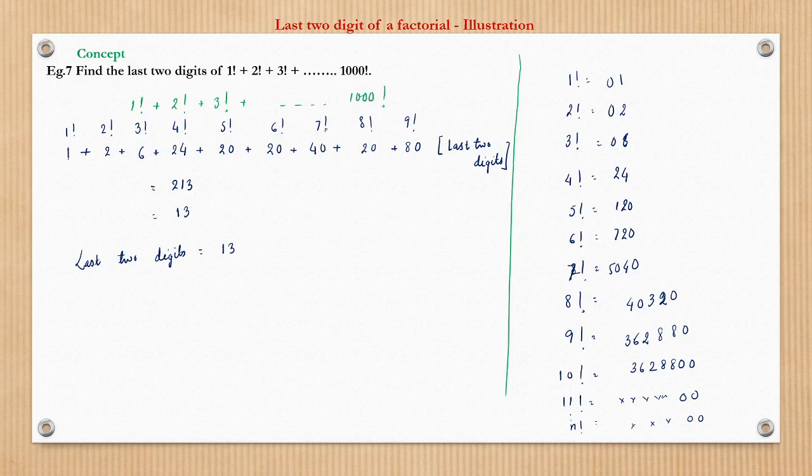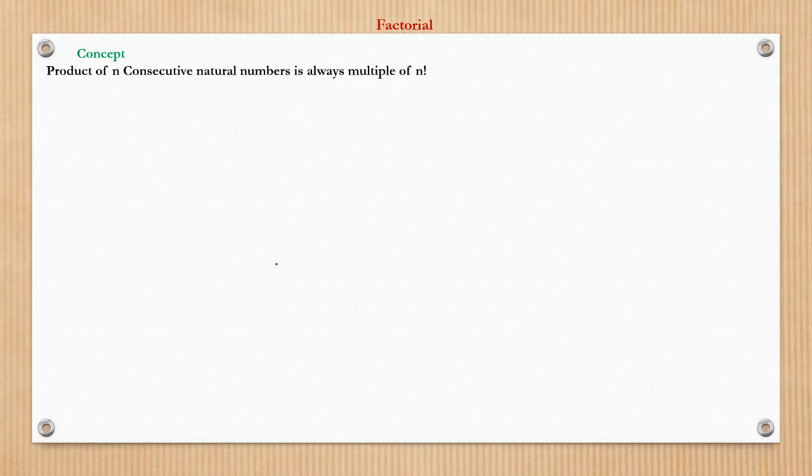Similarly for 7 factorial, we will multiply 7 with 20, which will give 140. From 140, 40 we will retain, 1 we will ignore. The same way for 9 factorial, which is nothing but 9 into 8 factorial. The last two digits of 8 factorial is 20, so 9 into 20 is 180. From 180, 80 we will retain, 1 we will ignore. Then add everything and it becomes 213, of which 13 is the last two digits, so 13 becomes the answer here. So this is the process to solve questions of this fashion.